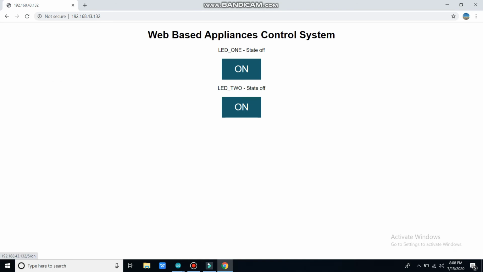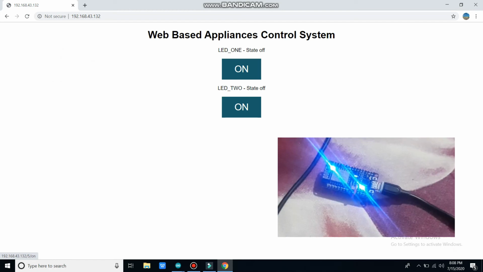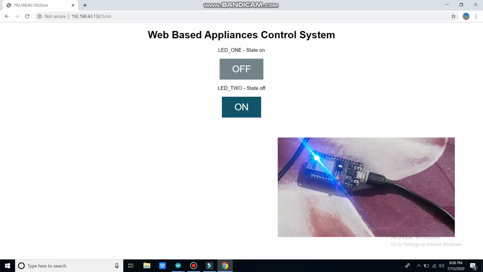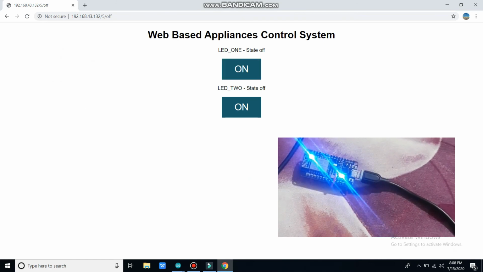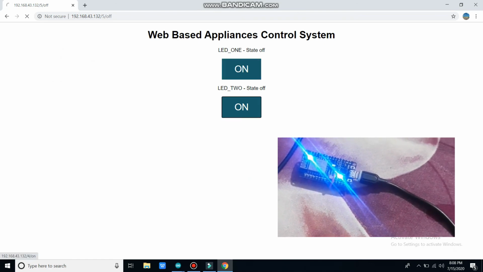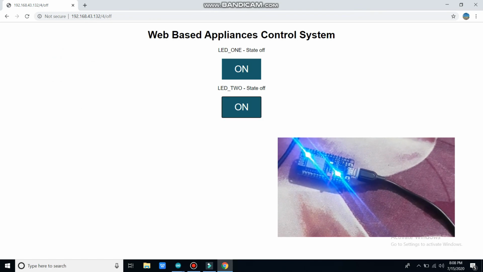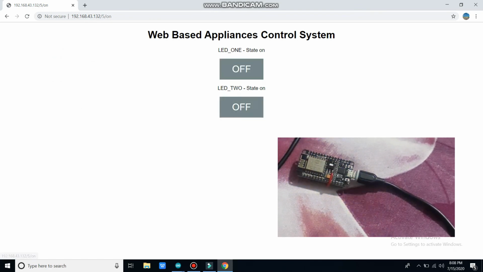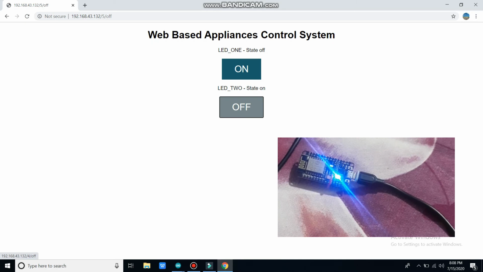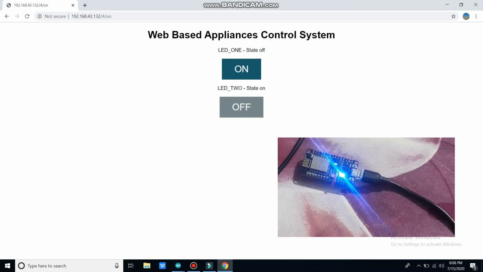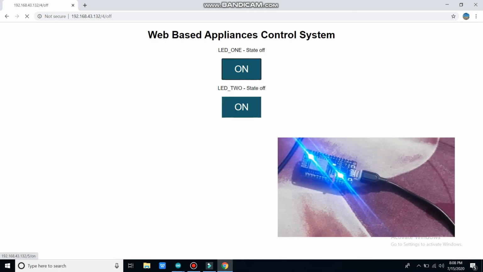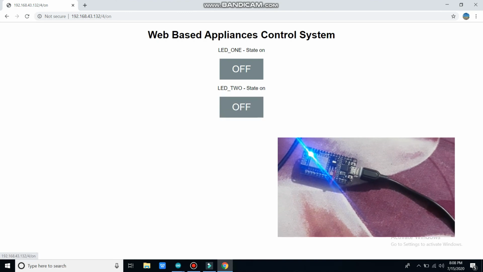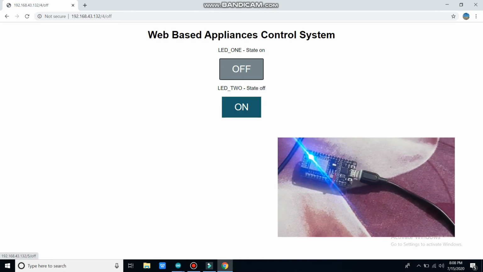Yeah, we are done. As you can see, we have successfully created the web server, and now let's see the NodeMCU side. After successfully uploading the program, your board is ready to use.